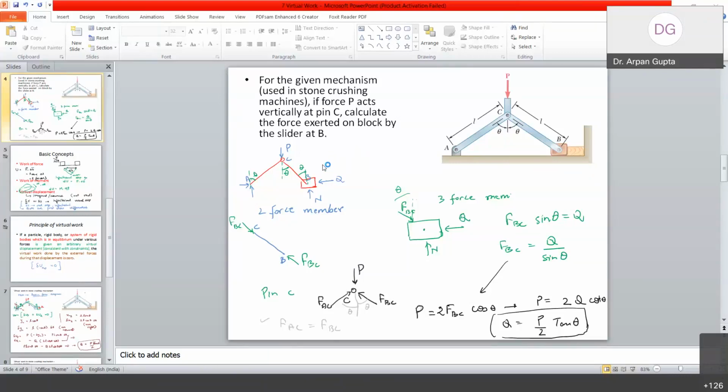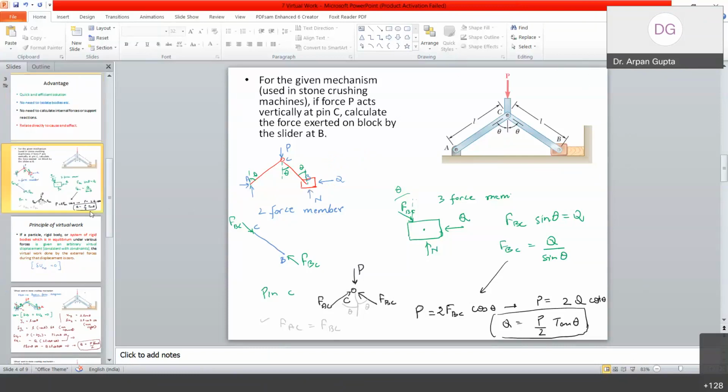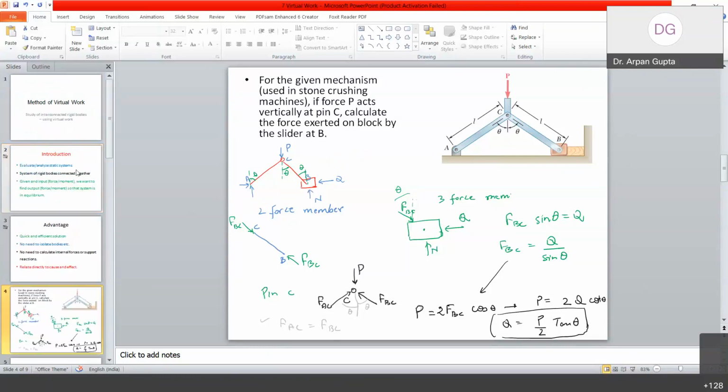Okay, so very good morning and quick review of what we were doing in the last class. We started the discussion on virtual work. Virtual work is a concept given by a mathematician, Jean Bernoulli, in 18th century. And the idea of this method is, things are still stationary, but we assume some virtual